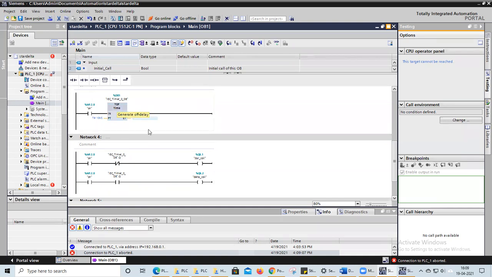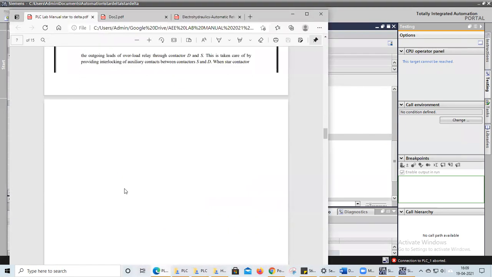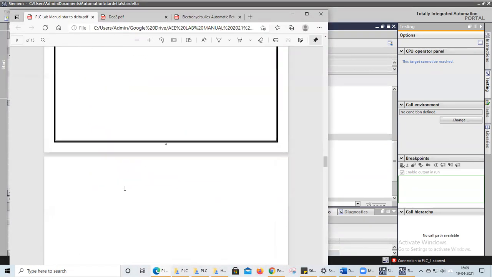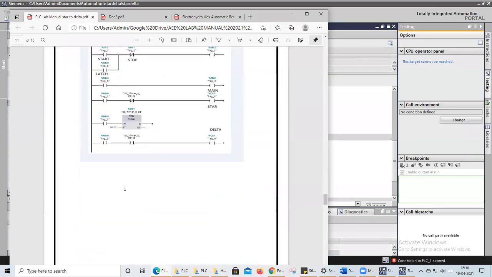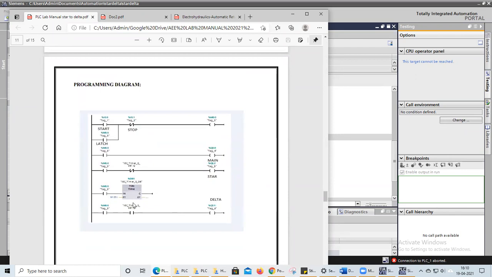I think so we will try once. Yes, we will verify it once again how it looks like. T on timer itself.